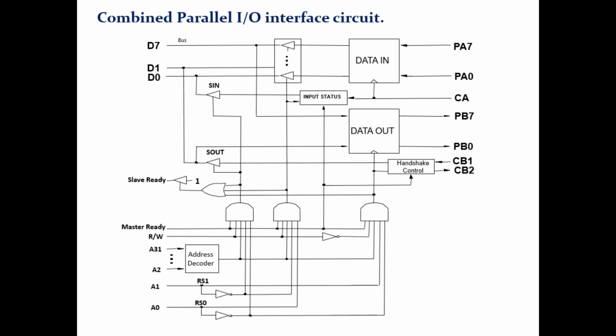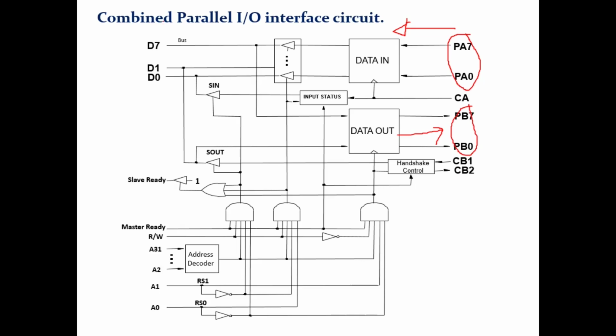So this is the combined circuit for interface circuits, which has both input as well as output parallel ports. Now the issue is, we can see this entire diagram is very complicated. That means the combined interface circuit is really complicated. To reduce it, we can see PA0 to PA7 transfer data in this direction, and PB0 to PB7 transfer data in this direction. They are unidirectional, only one direction.